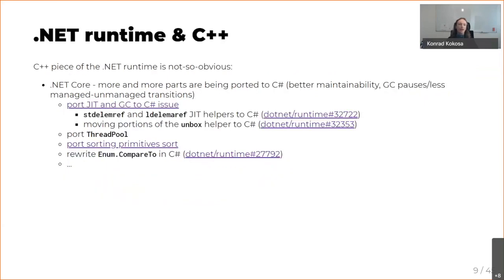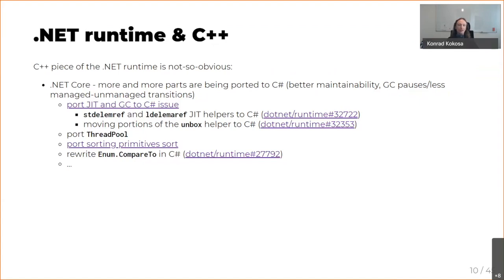However, the part of the runtime which is C++ based is not so obvious. It is not that the whole runtime needs to be written in C++, and we are seeing it currently, for example, in .NET Core, .NET 5.